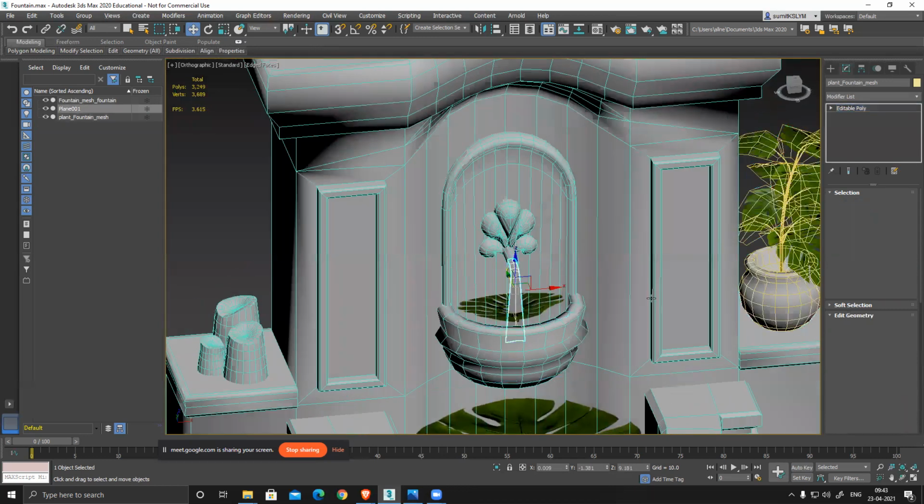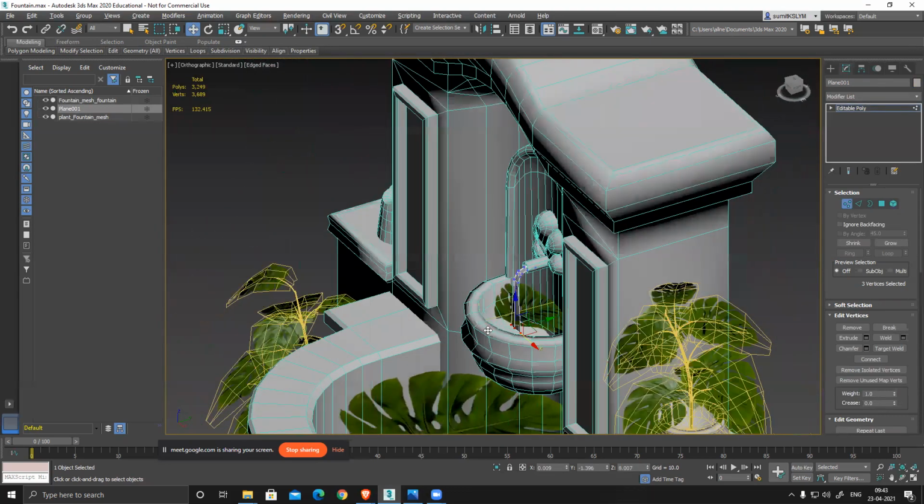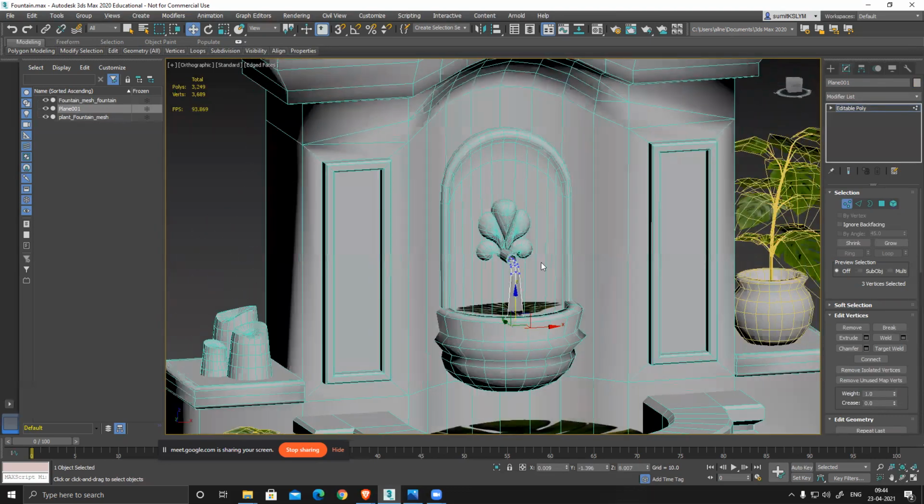And this one, I feel, remove it. Slightly intersecting inside. Yeah, fine.